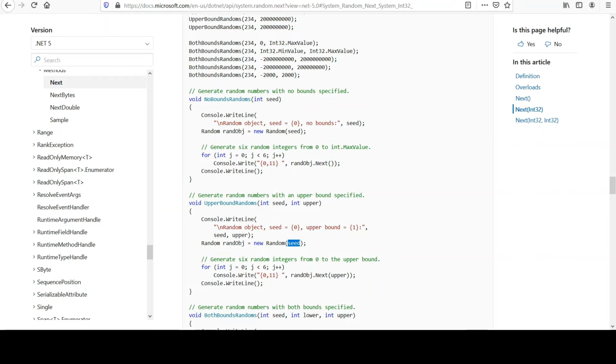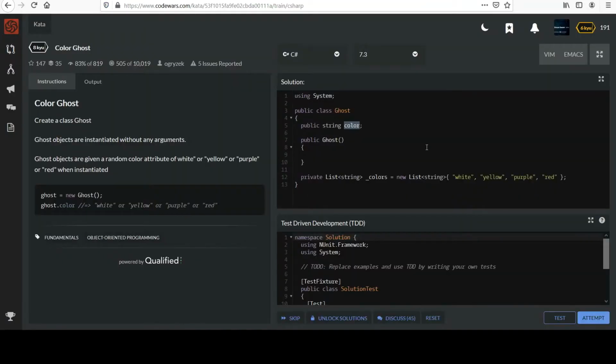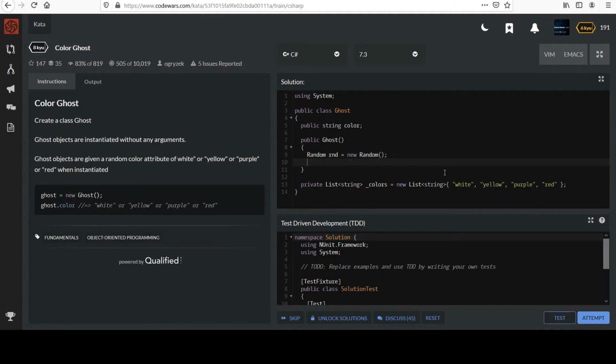But just know that the number, it's not truly random numbers. There's something called pseudorandom numbers, and so you can kind of change the sequence you get by seeding this thing appropriately, so you're not always getting the same values. In here it's not that important. We just want a somewhat equal distribution so that all of these colors are getting used at some point. And so let's make a random, I think they called theirs RND, new random. Again, you can seed it if you want. And then once I have that, we have this next method available, right? So I could say